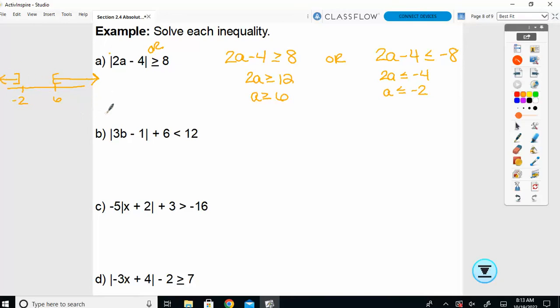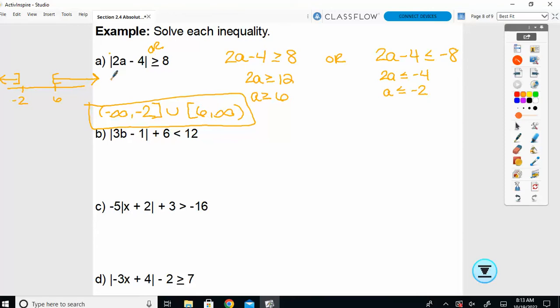So if you come from left to right, this is coming from negative infinity, stopping at negative 2, had an equal to, so that's a bracket. Then we put a union symbol, just a U in the middle. This one starts at 6 and goes to infinity. When your original statement is an or, so a greater than, you should expect to get